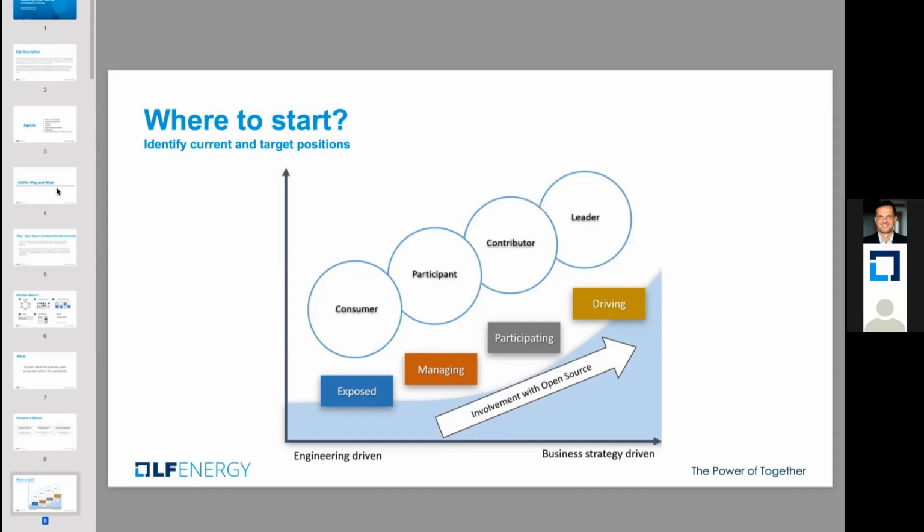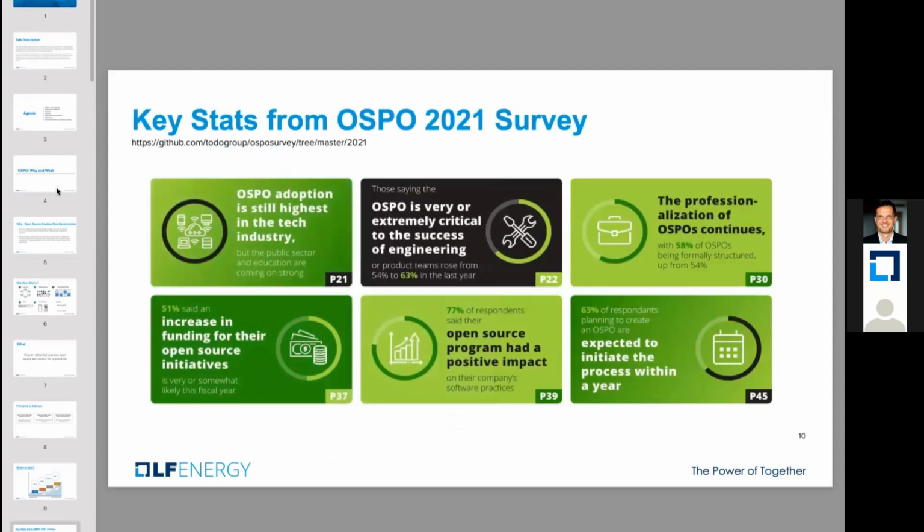And some organizations have really strong ambitions to become a leader and a mover in the ecosystem. However, everybody starts from a consumer perspective, and they start growing with their usage. So one interesting